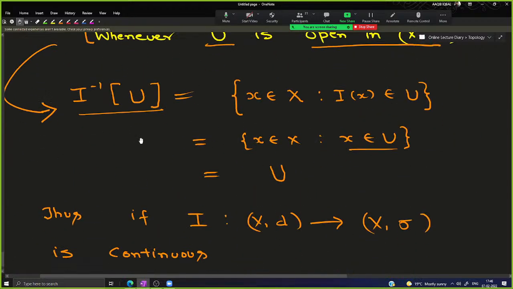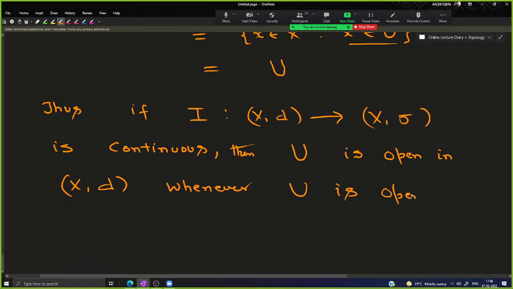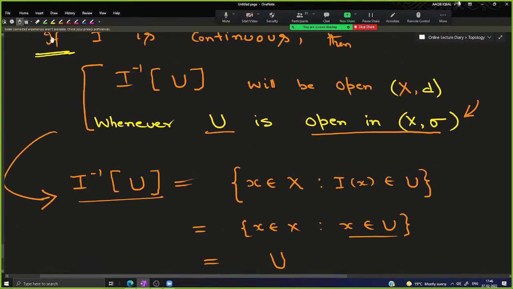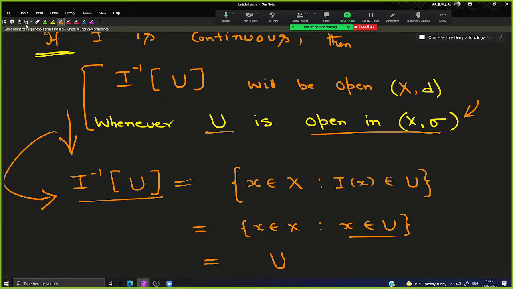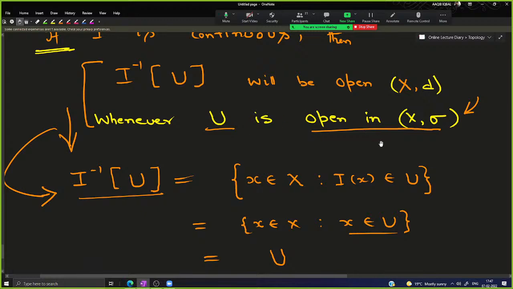और फिर मैंने आपको यहाँ दिखाया कि this I inverse u is actually u, तो मैं इसको अब ऐसे कह सकता हूँ, thus if I from xd into x sigma is continuous, then I inverse u, जो हमने देखा वो u के बराबर आता है, then u is open in xd whenever u is open in x sigma, तो फिर यही होगा। मैं कुछ नहीं कर रहा हूं, ये जो ऑब्जर्वेशन है, इसी को मैं लिख रहा हूं by incorporating this piece of information that I inverse u is actually u। ठीक, तो I inverse u which is actually u, तो मैं कह रहा हूं u will be open in xd whenever u is open in x sigma।